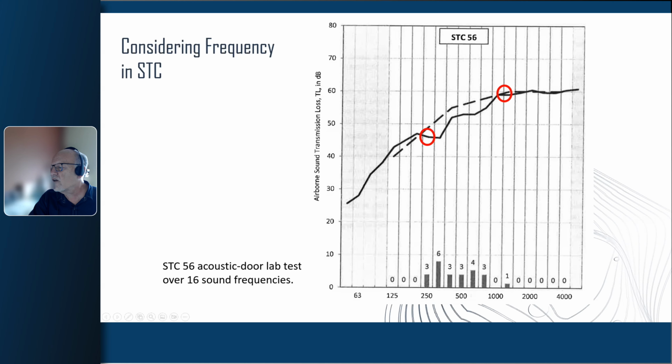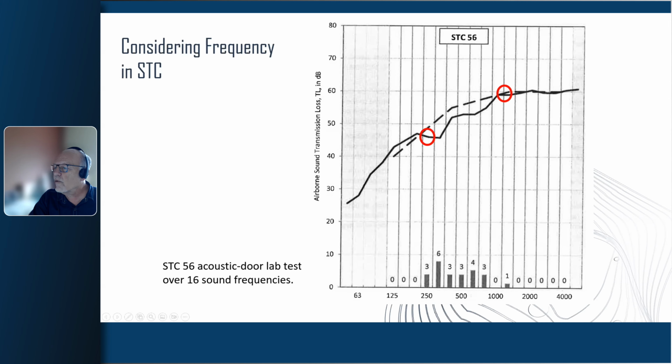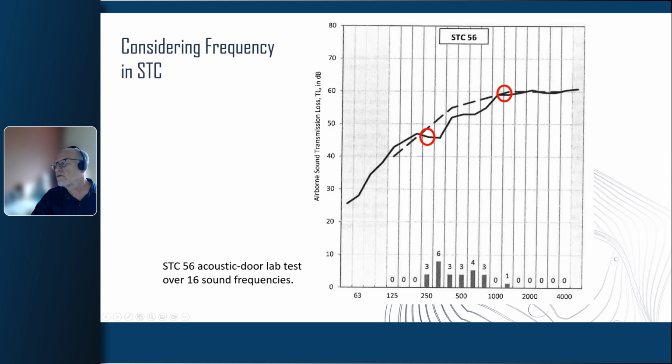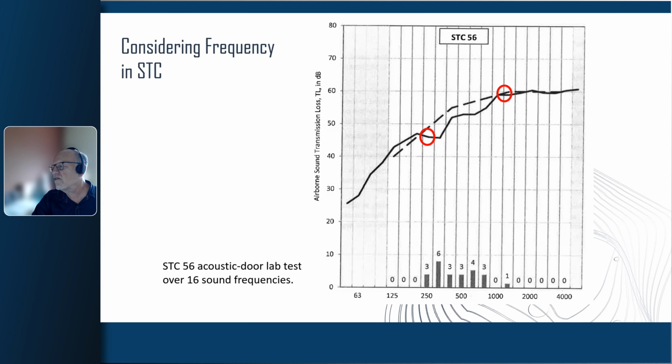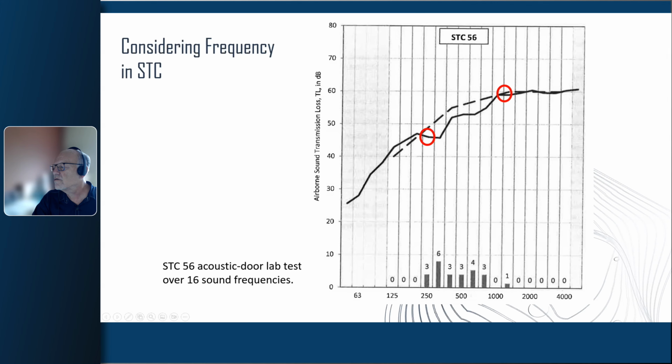So in that range of 125 to 500 hertz, you can see that the performance level in accordance with the ASTM standard is as low as 40 and as high as about 52 here. So when you specify STC 56, you're not capturing 56 there, you're capturing these lower levels here. The 56 is an average of all these numbers. Now, at the high level, flute, you're capturing right on the line at about 60 decibels. And that's because